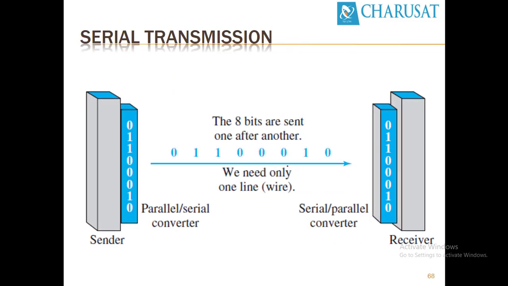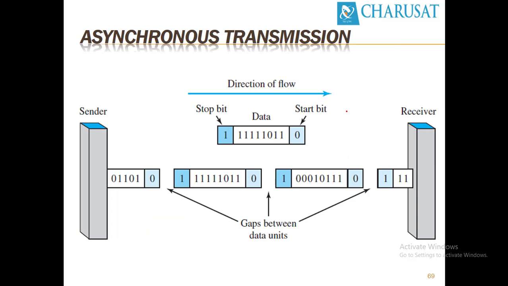In serial transmission, bits are transmitted one by one over a communication line, which we have discussed in line encoding. All these methods transmit 1 bit at a time. So if we have a parallel data generator, we need to convert it into serial using a converter. The parallel bits will be converted into serial and transmitted over the communication line, and on the receiver side we again require a serial to parallel converter. There are 3 types of transmission. We have seen asynchronous, synchronous, and isochronous.